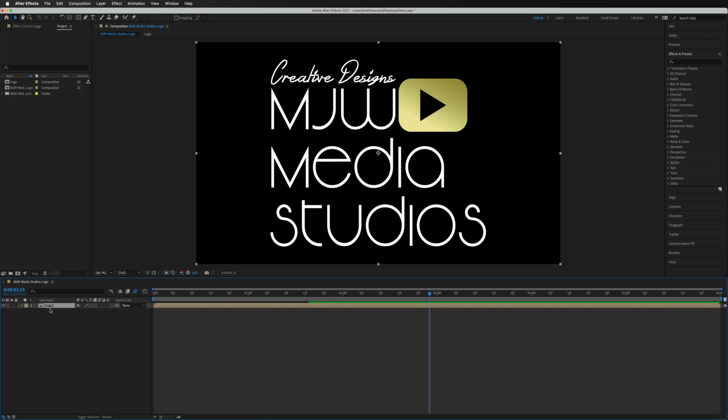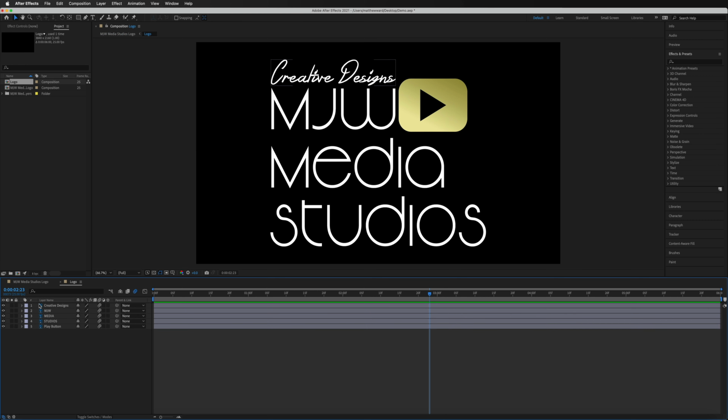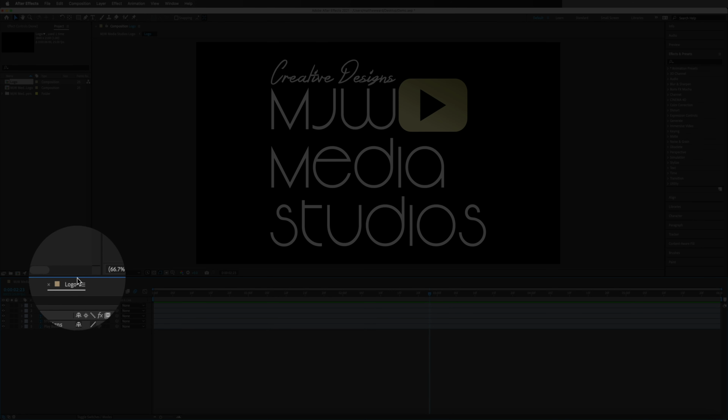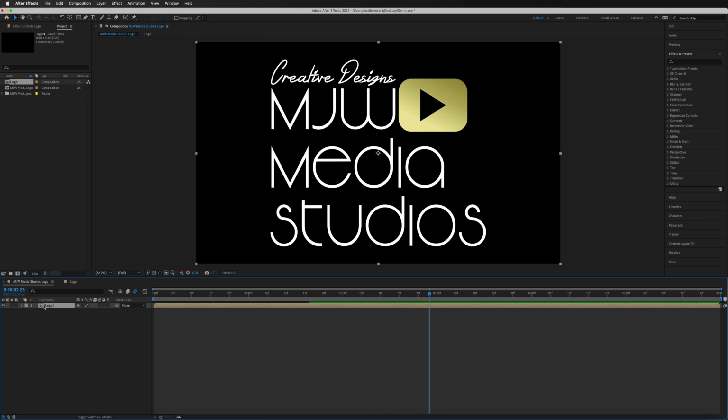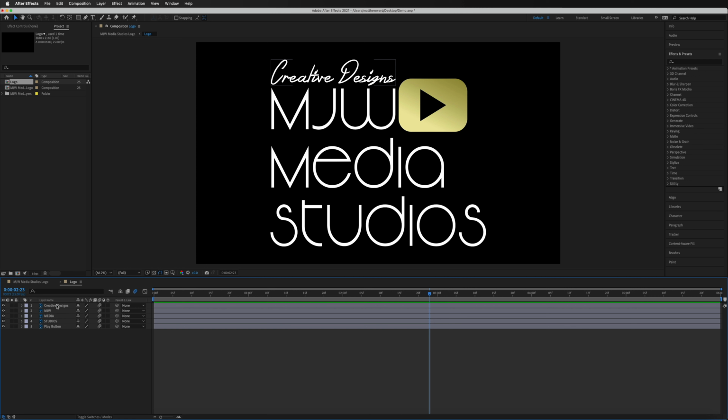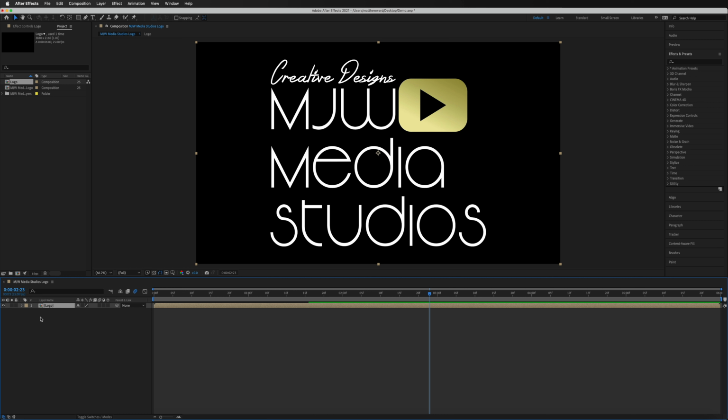And the way you're going to access all your files that you had inside of there is just by double tapping on that. And now you can see we've got access to all the files that we had originally. And if we just go slightly up here to the top, you can see we've got that new window there, which is our logo composition, our new group that we just created. Then next to that is our original MJW Media Studios logo with the new composition inside of it. So you can go ahead and just close that logo one. And if you ever need to get back in there at any point, just double tap once again and we're back to where we started. So once again, I'm going to close that and continue to work over here. So I hope all that made sense to you and I didn't overcomplicate that.